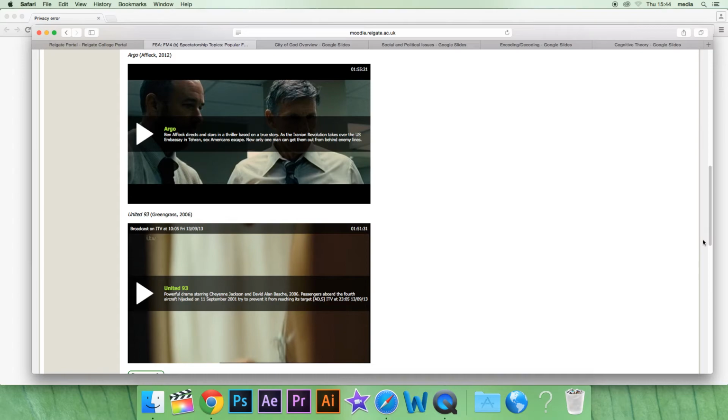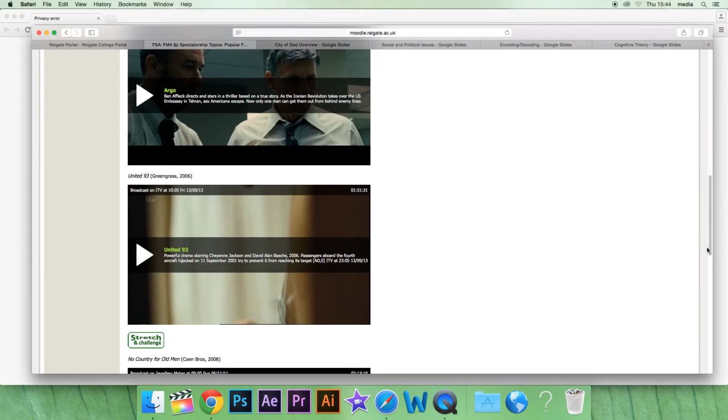But if you feel you need to look through some key scenes again, just make sure you're confident that you can bring examples in. What I'd like you to do over Easter is basically do a past paper for section B. Because you've been doing it quite recently, you haven't done a past paper for it yet. I'd like you to have a go at doing a past paper in exam conditions over the Easter holidays.